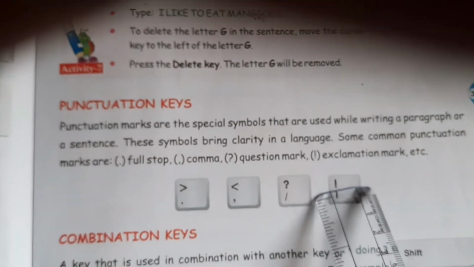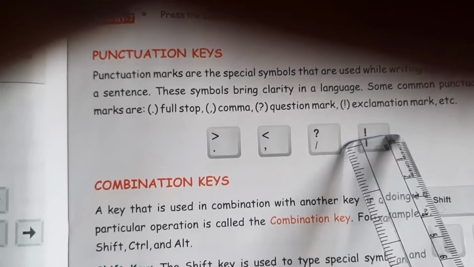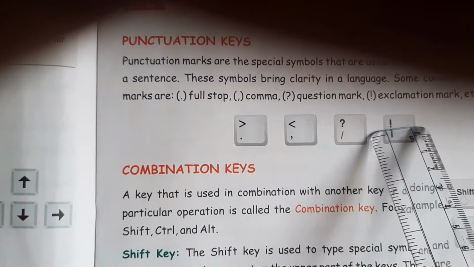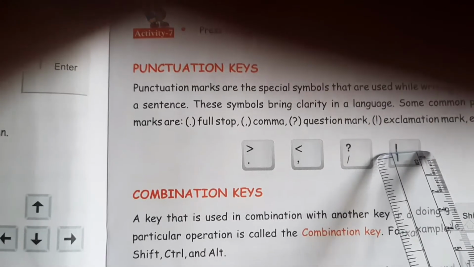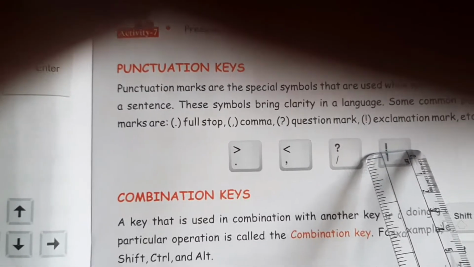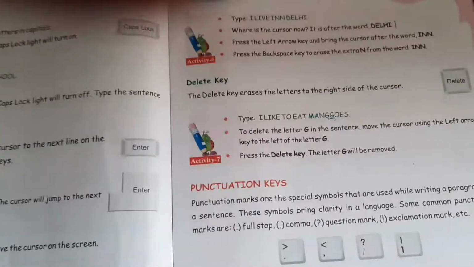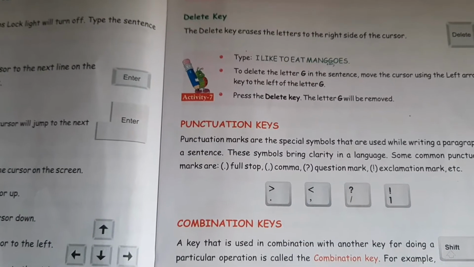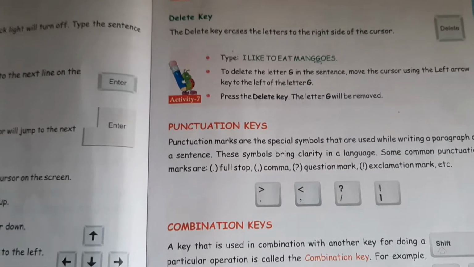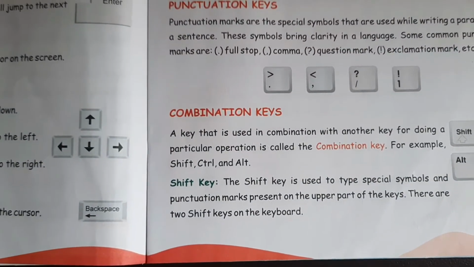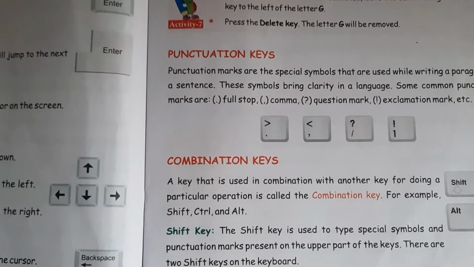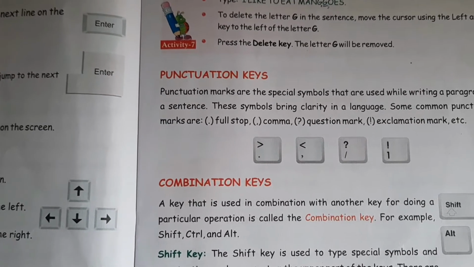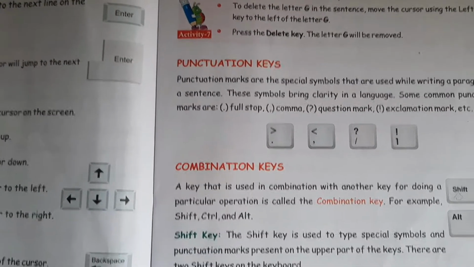The Shift key can also be used to type in capital letters. You have already learnt that we have a caps lock key, and when we press the caps lock key, the caps lock is on, the switch is on, and we can write in capital letters. Now if we want to write in lowercase, we have to switch off the caps lock key. But what if I just want to write one letter in capital and the rest all in small? So to write that one letter in capital, I can press the Shift key, keep it pressed and then type. And when I do this, I'll be able to type in capital letters.